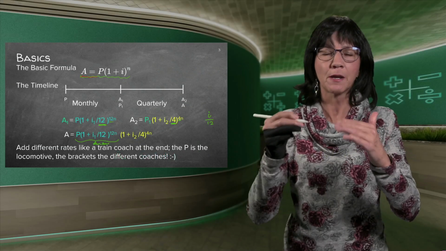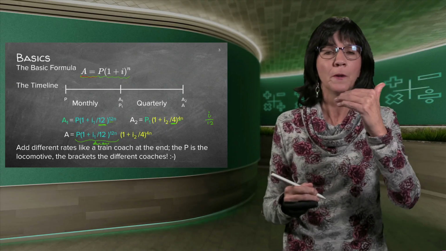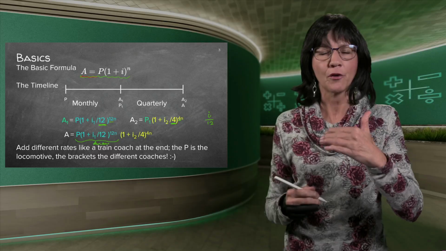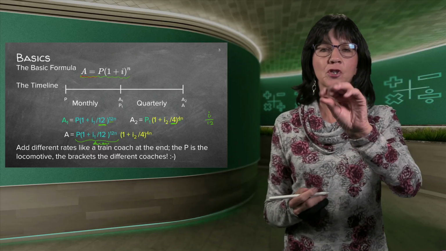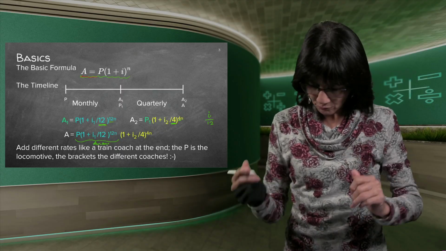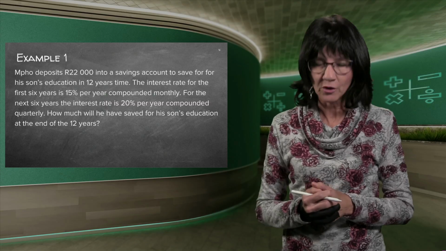Instead of doing a lot of separate problems, because remember what happens if you do different problems, you tend to round off and then you don't have an accurate answer in the end. It is possible if you slot in all your answers in your memory, but we'll get there if we do an example. Good, so let's see.